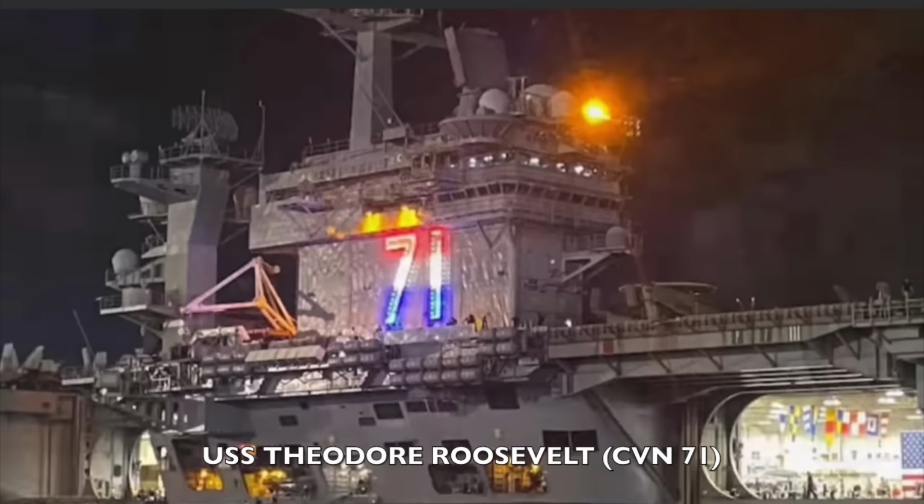The other carrier that's forward deployed is Theodore Roosevelt, currently in port at Pattaya Beach, Thailand. As we've beat this drum in recent episodes, we need more carriers if we're going to cover all of these hotspots. Because in essence, we have 2 forward deployed, and we can't ignore China, and that's why TR is in that AOR. And we certainly cannot ignore what's happening in and around the Arabian Peninsula, particularly with the exchange of missiles and drones with